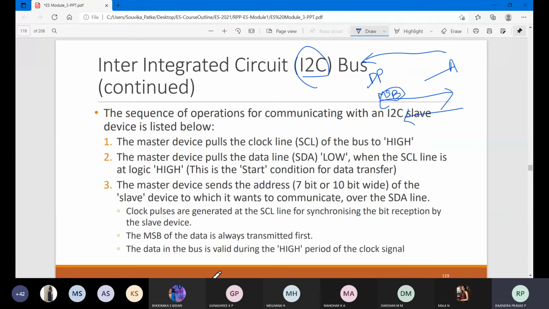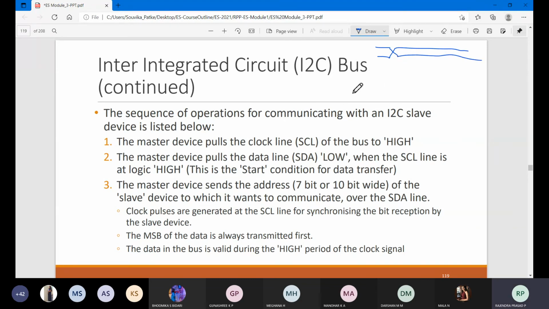The data in the bus is valid during the high period of the clock signal. So whenever you are transmitting, the clock will be high. In the microcontroller waveform also, you might have observed the timing diagram, you would have drawn like this. This is the clock. This is the read.